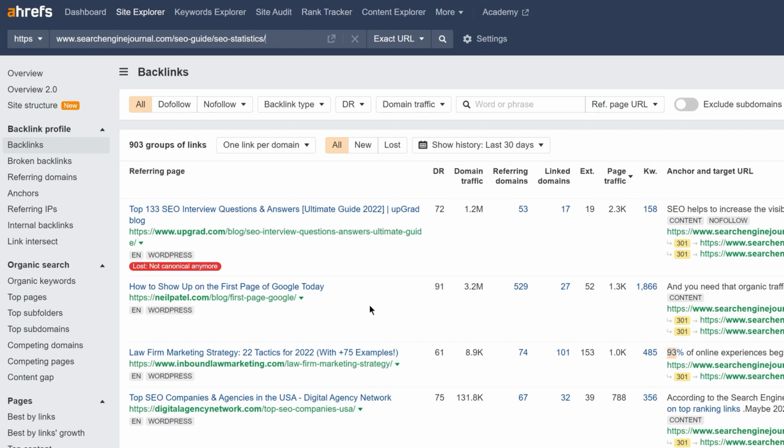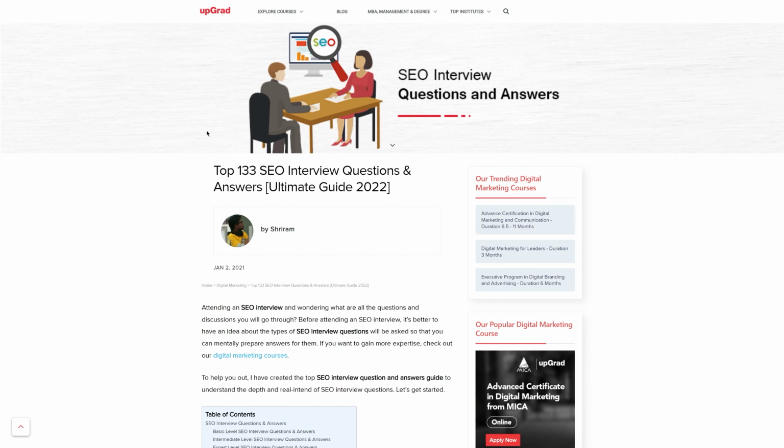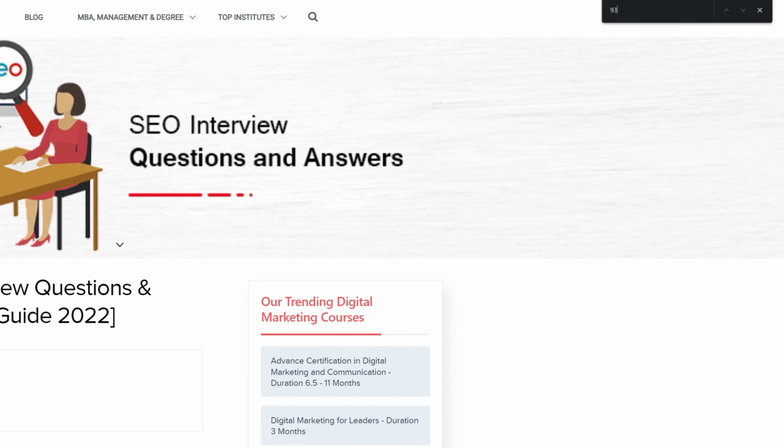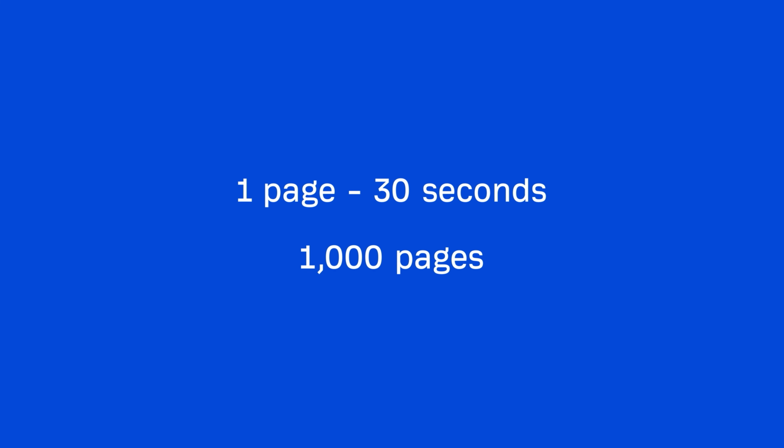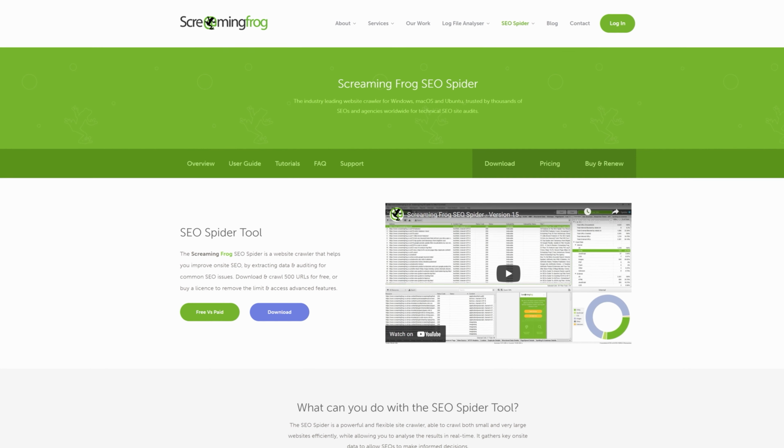So in this case, vetting the page would actually require us to visit these URLs and do a find on the page for 93. Now, while it only takes around 30 seconds to verify that a page still mentions the stat, if you have 1,000 pages to inspect, then that's 500 minutes or over 8 hours of work. Plus, it's a super monotonous task that's prone to human error. But the good news is that you can do it more accurately in under 5 minutes by using Screaming Frog's